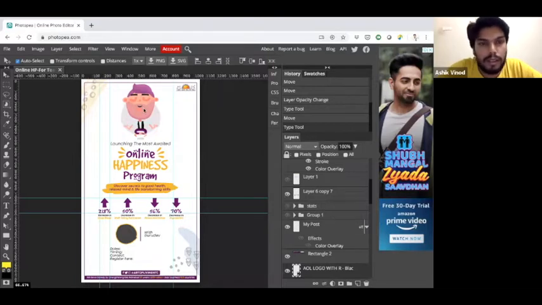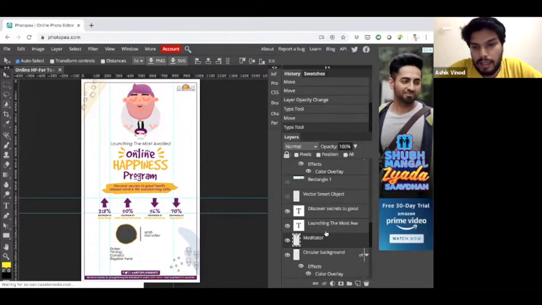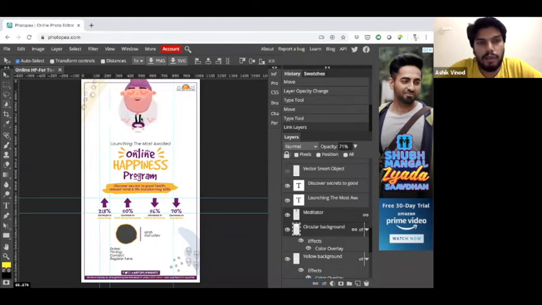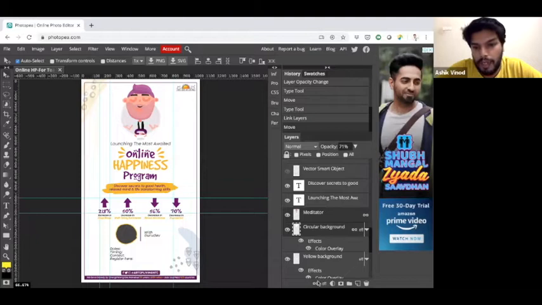I want this meditator and the circular background to be locked together. Select both the layers and click on the lock button below, the link layers button. Now click on the move tool and try moving that. You can see both of these are linked together. Now it won't be separated.